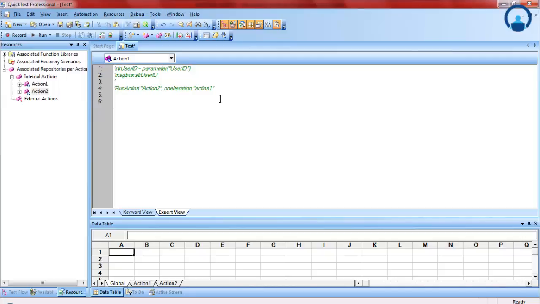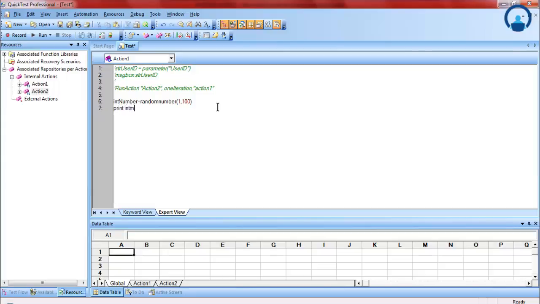Now I give the variable name as int number, since it is an integer. This is my variable, and I want a random number to be generated in my variable between the values 1 to 100. So this is the code for generating a random number between 1 to 100,